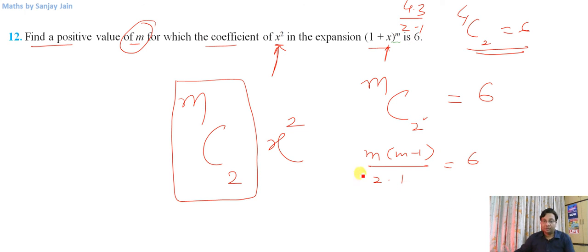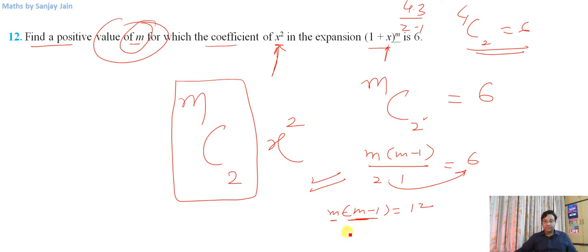Otherwise if you want to show it like in examination, you show it like this. So this 2 will go here, m into m minus 1 will be equal to 12. So these are two consecutive natural numbers, or positive integers. So it will be equal to 4 into 3, that will be equal to 12. So m has to be equal to 4. Otherwise you need to solve this quadratic, m squared minus m minus 12 equal to 0. So you factorize it like this: